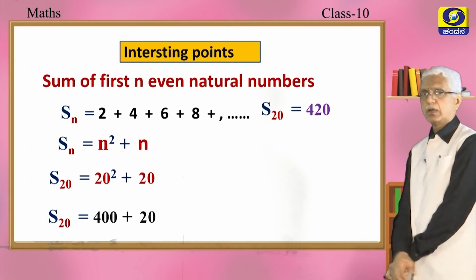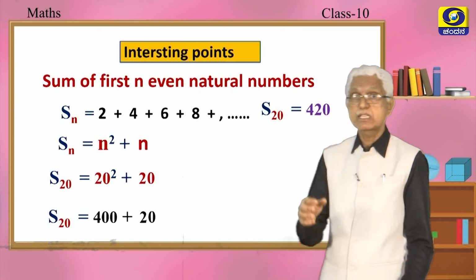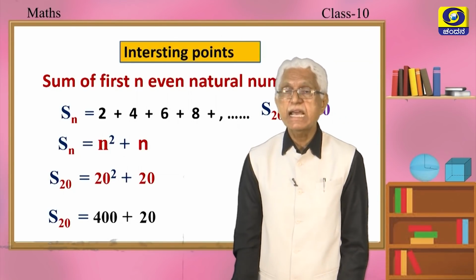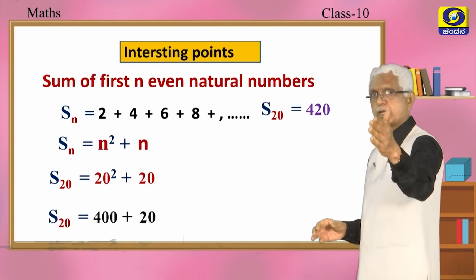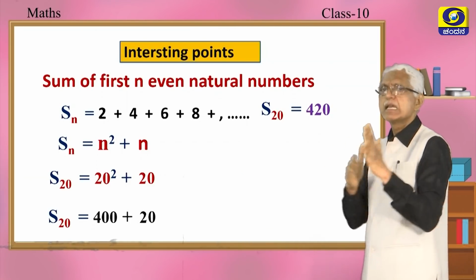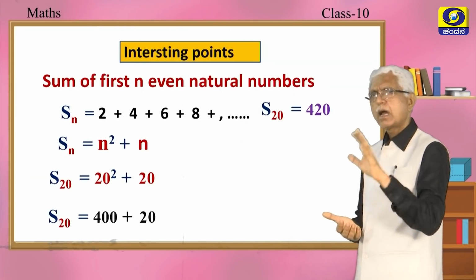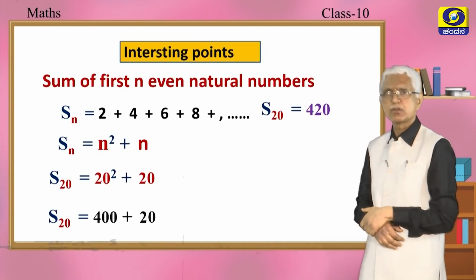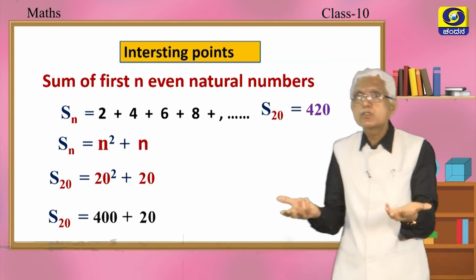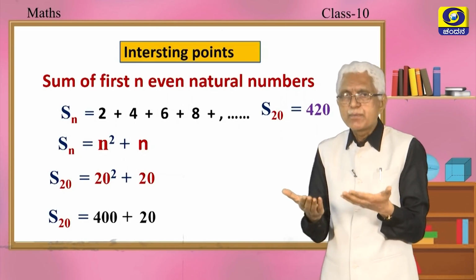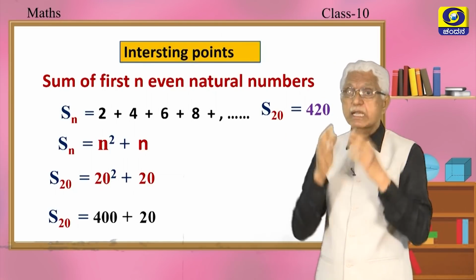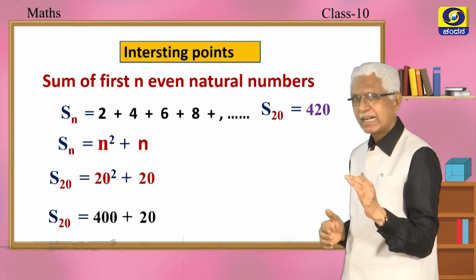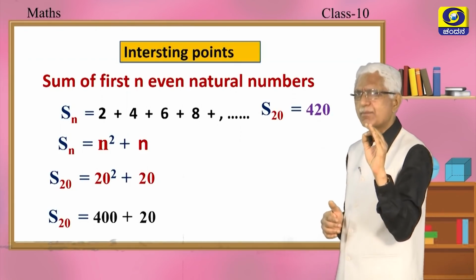Okay. Please observe. Suppose I am asked to find the sum of the first n even natural numbers: 2 plus 4 plus 6 plus 8 and so on, correct? I am sure you will be asking, why do you want to think of one more formula, sir? Can I not use Sn is equal to n by 2 into a plus l? You can use it, sir. Can I not use n by 2 into a plus n minus 1 into d? You can use it, correct? But I think we are trying to give you something interesting.